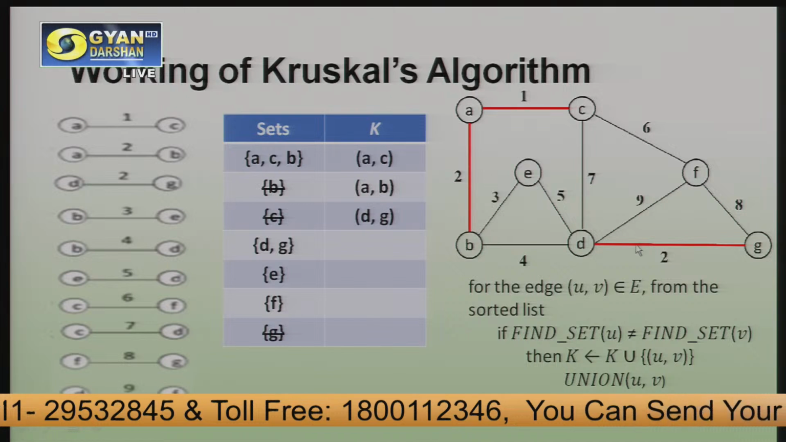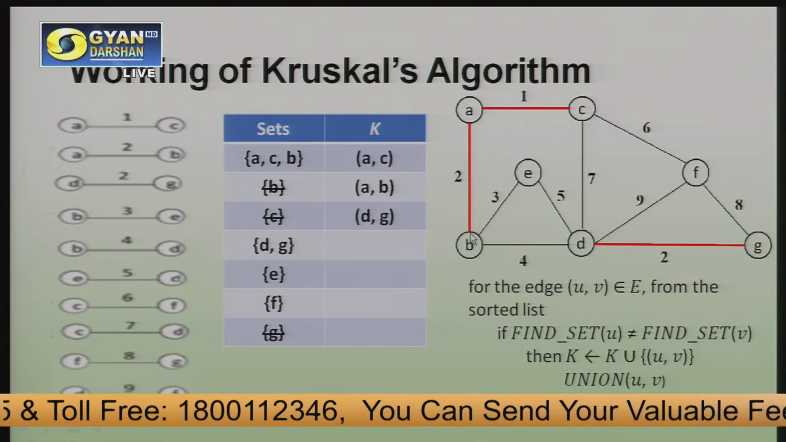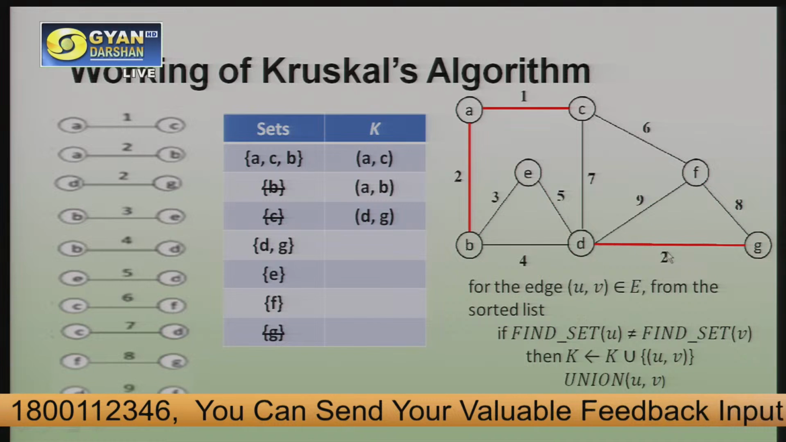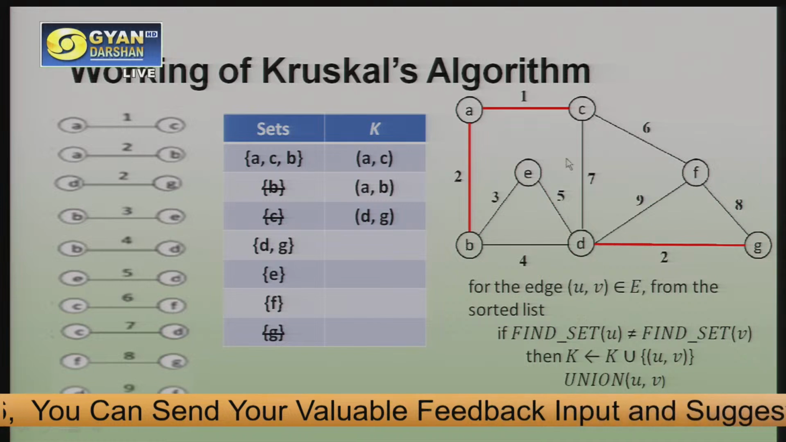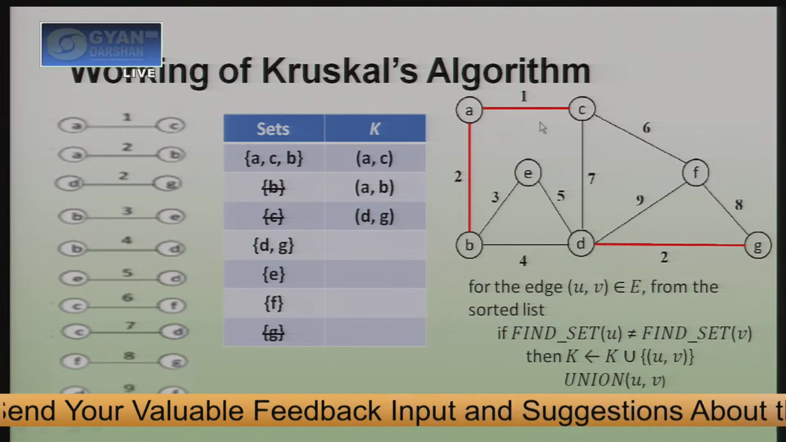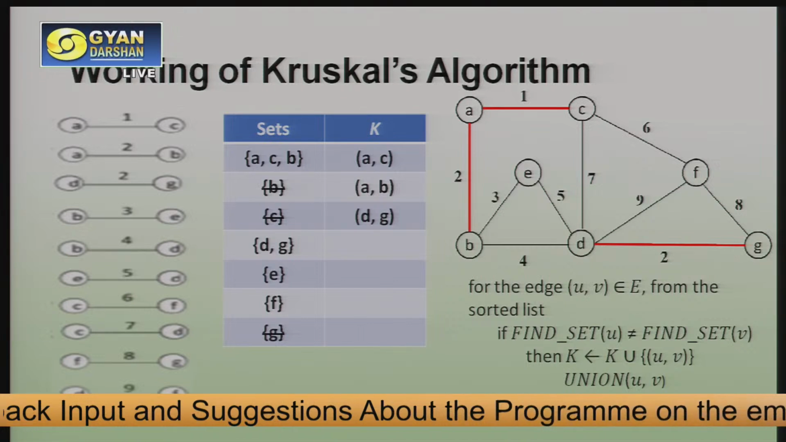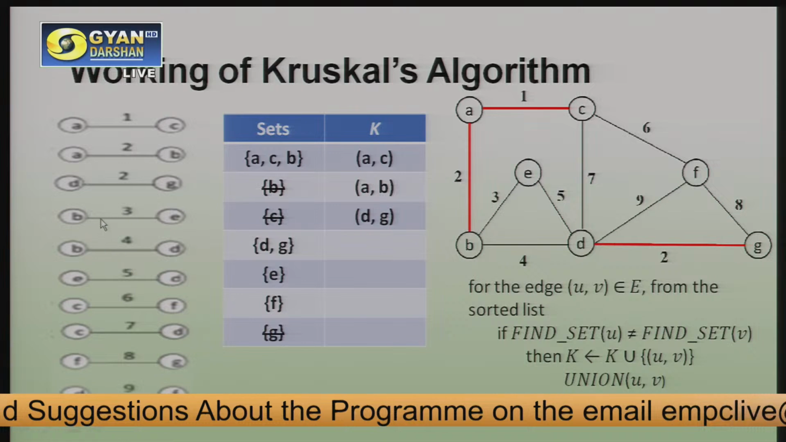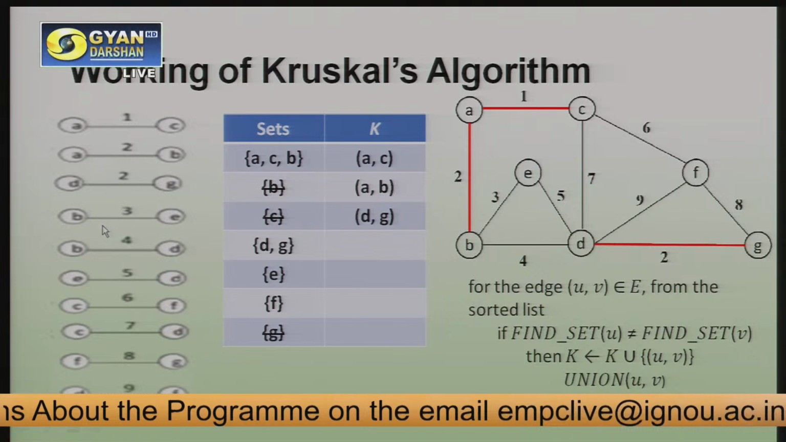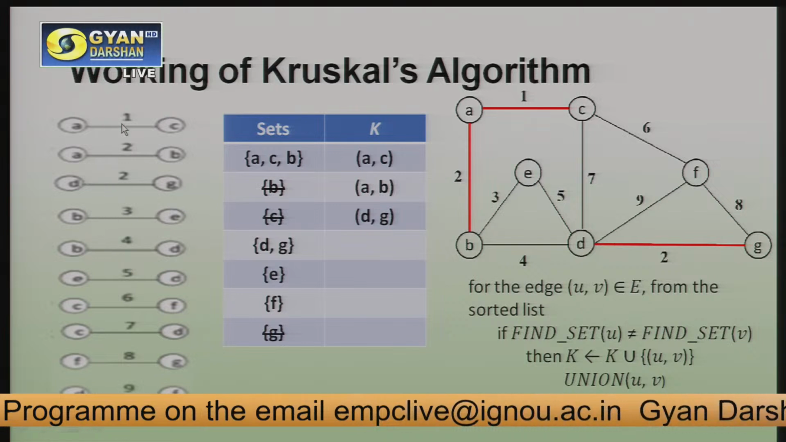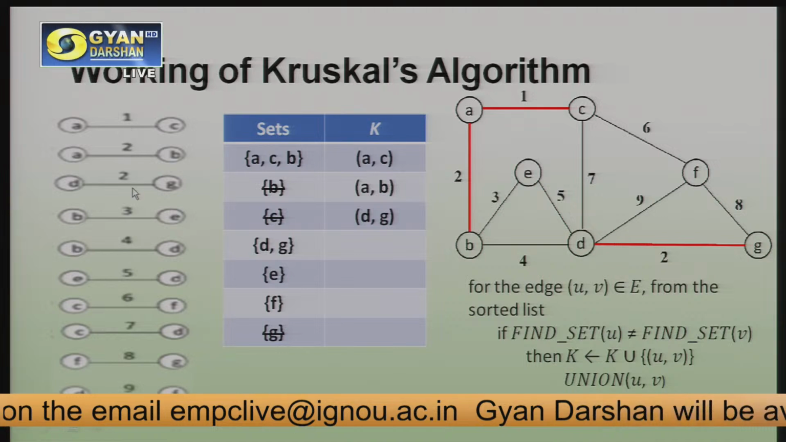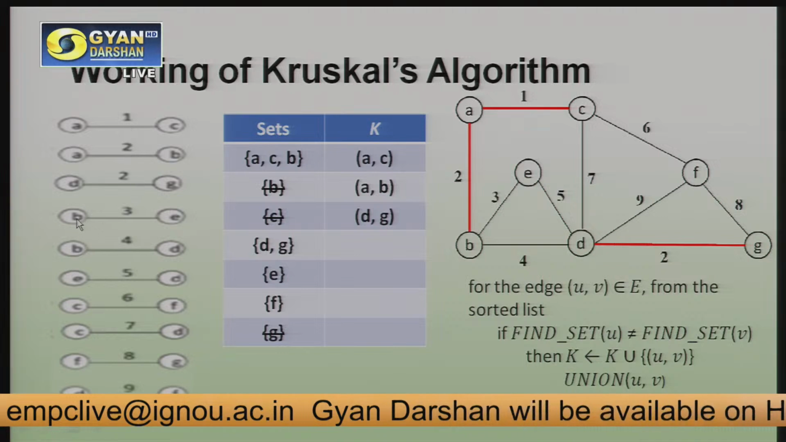We have two disjoint graphs, represented as ABC and DG. The rest are all sets, but that is allowed in Kruskal's algorithm. Now what do we do next? We just keep on moving. We have already selected the first, second and third edges. Now which is the next